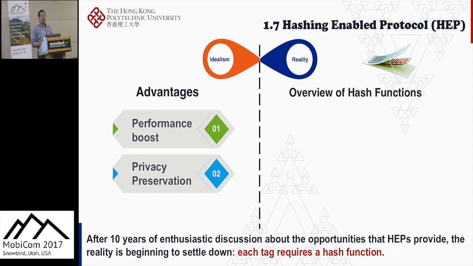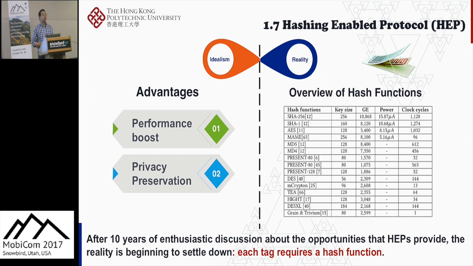And unfortunately, after 10 years of enthusiastic discussion about the opportunities the HEAP provides, the reality is beginning to bite, because it requires each tag to be equipped with a hash function. This table shows the recent hash functions designed for RFID tags provided by the community. From the table, we can see that even the most lightweight hash function requires 1,000